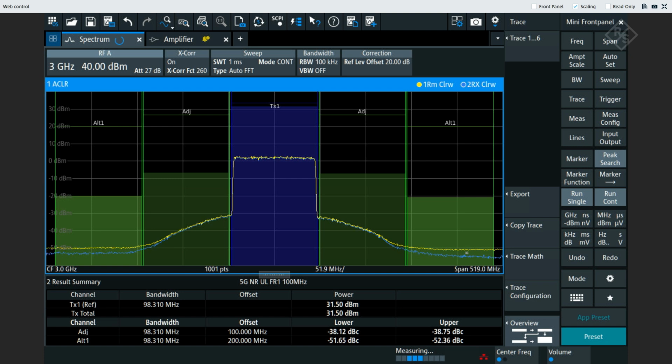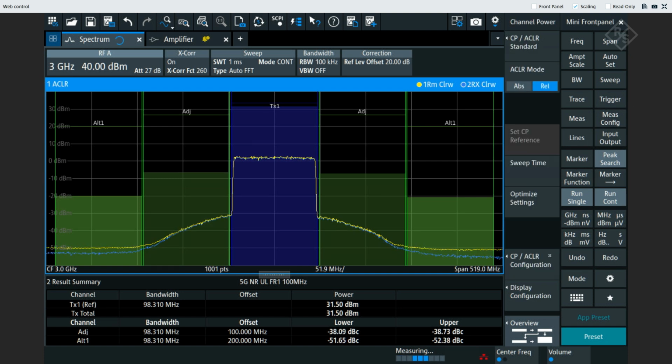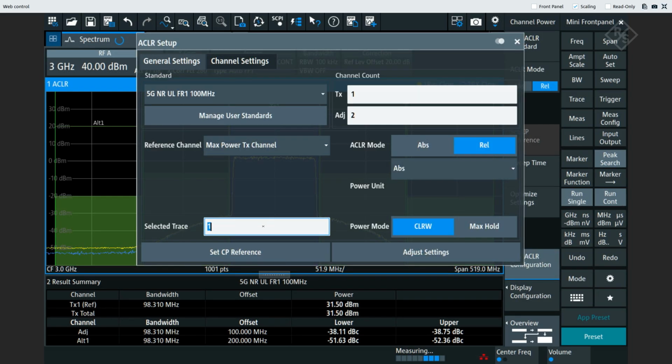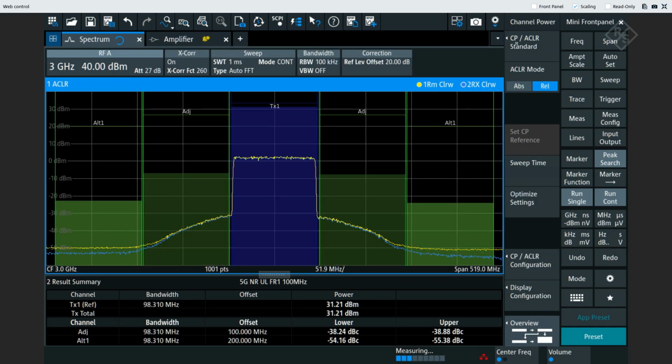But in order to get a precise number, in the next step I'll change the configuration of the ACLR measurement so it makes use of the blue trace now. So instead of using the RMS detector for the ACLR measurement, I will reconfigure the ACLR measurement to make use of the cross-correlation RMS detector. All I did is change the trace to be used for the ACLR measurement, and what you can see as